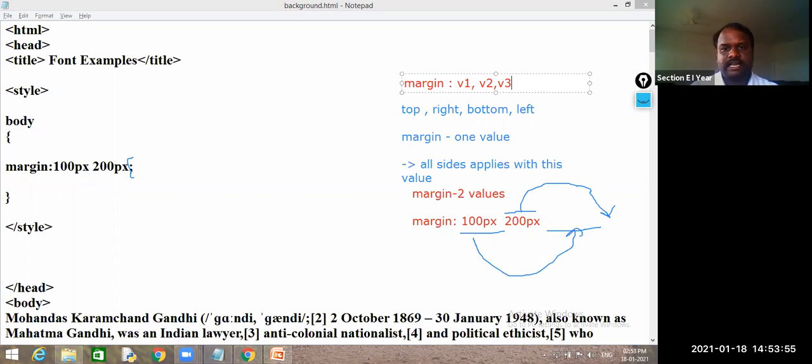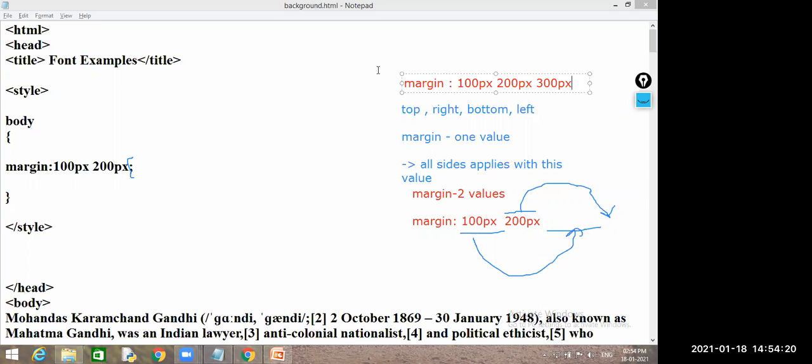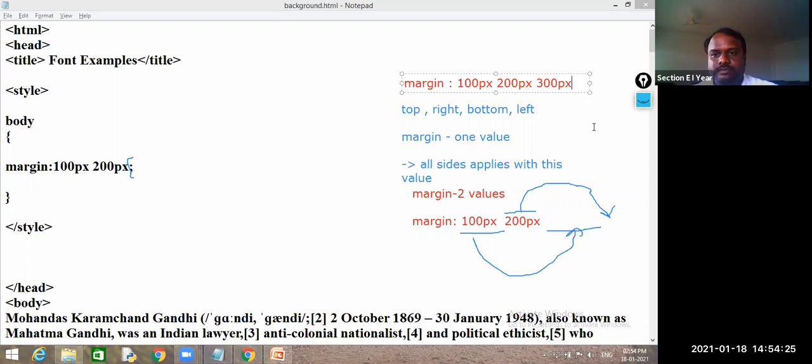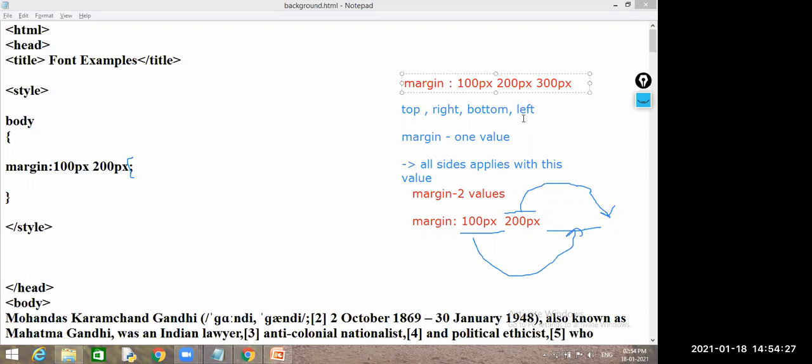I will write 100 pixel, 200 pixel, 300 pixel. What is the remaining one pending? Left. What is the left value? 200. Very good.